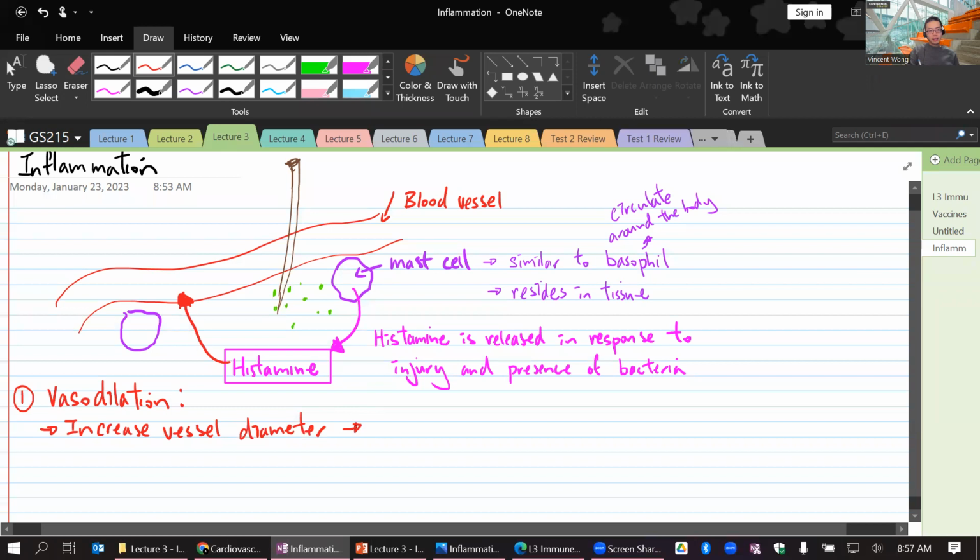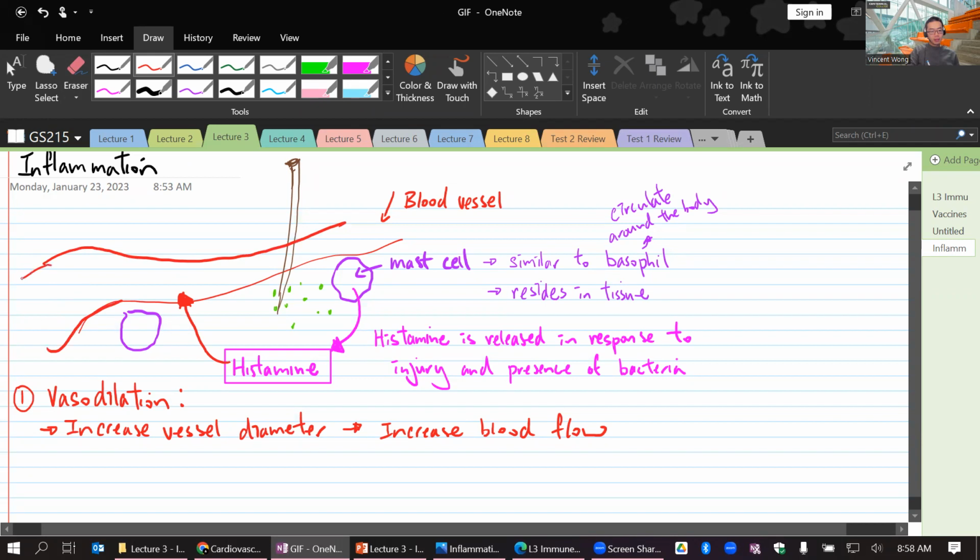and then it will allow an increase in blood flow. Like, it will make it bigger. Let me see if I can redraw this. Can make it bigger. And then you will increase blood flow. How is this going to help? Well, increasing blood flow will increase